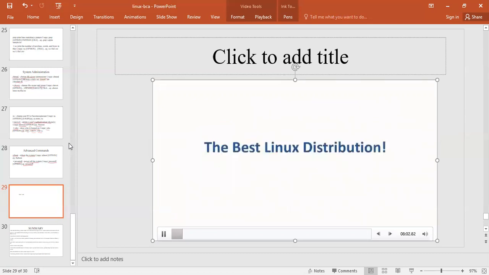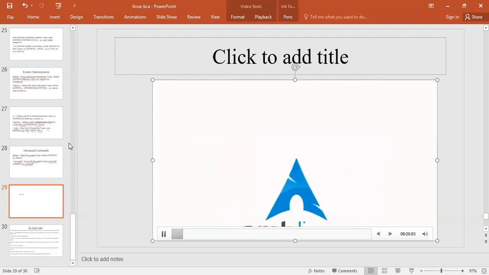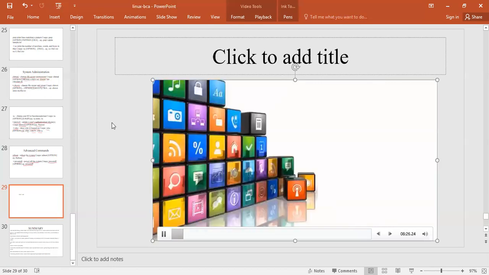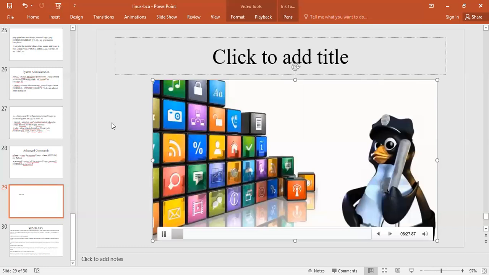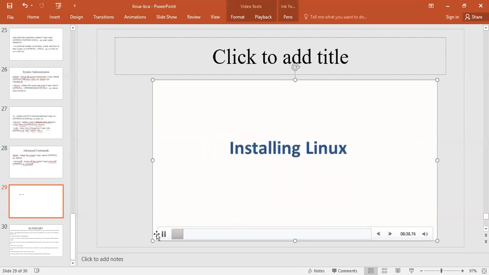So which one is the best Linux distribution? Well, each Linux distribution is built for a specific purpose to meet the demands of its target users. Most of the distributions are available for free at their respective websites. You might want to try them one by one till you get to know which distribution you like the most. Each one of them offers its unique design, applications, and security. We will be using Ubuntu for our learning purpose as it's easy for a beginner to understand. Now let us look at the various methods we can use to install Linux.